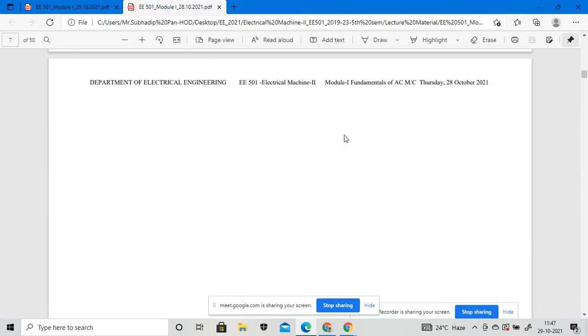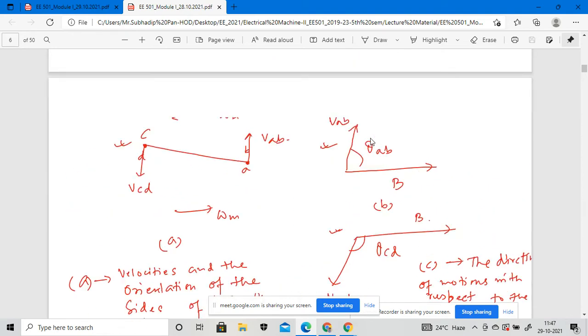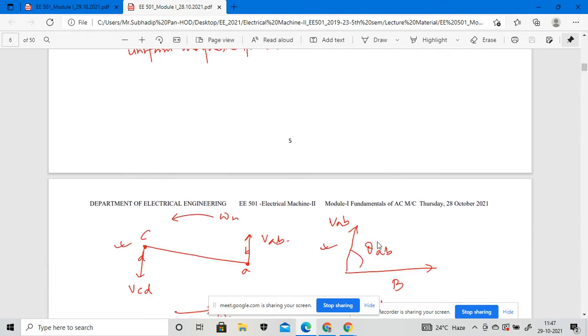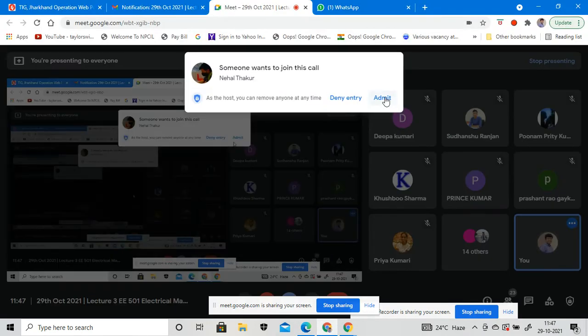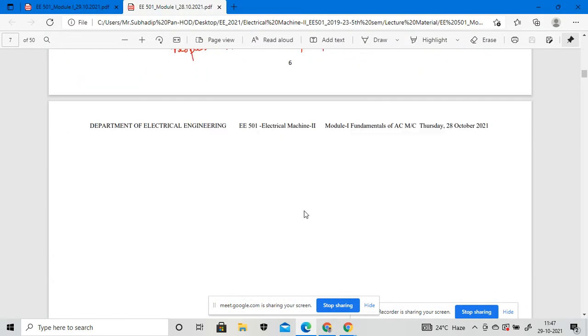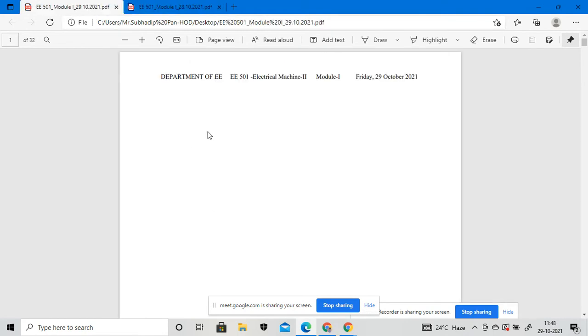Today we will briefly discuss how we find the total induced voltage. So we are considering the total induced voltage. How could I find the total induced voltage? We will find that out today. So today we will draw the figure again so that you will be able to understand it very clearly.